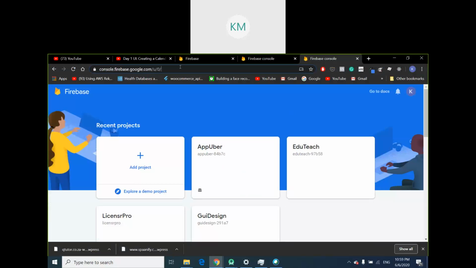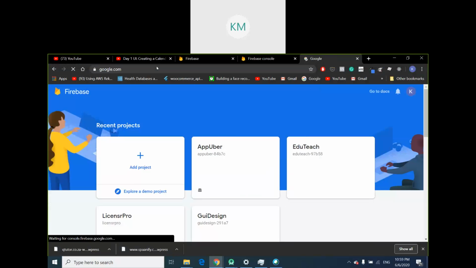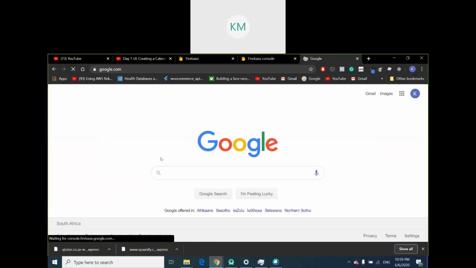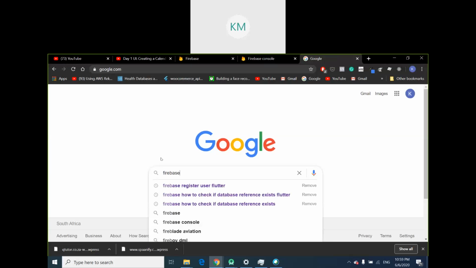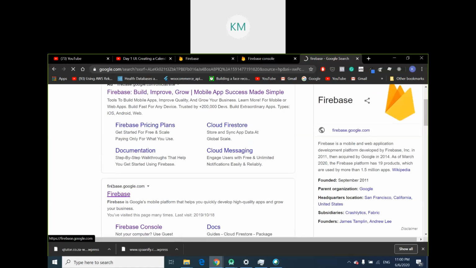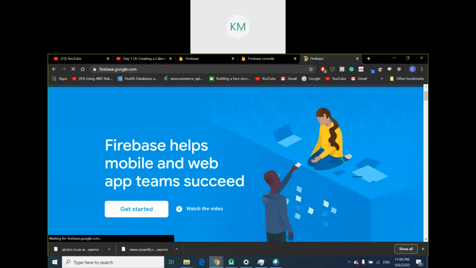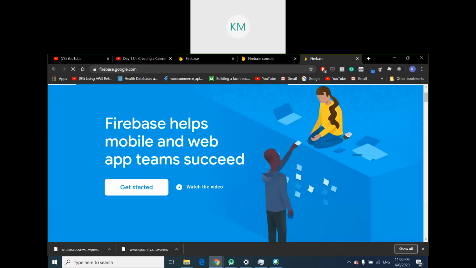So you can just go to Google, right? Type in Firebase. Click Firebase, the first result that pops up, firebase.google.com. This is what you're going to see. So once you see this, you're going to